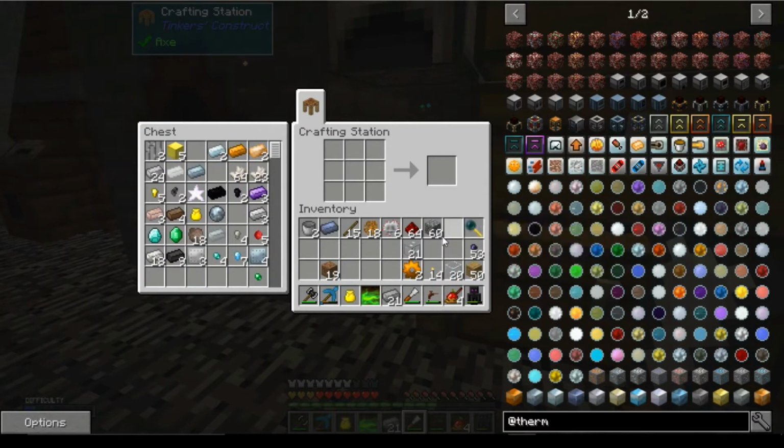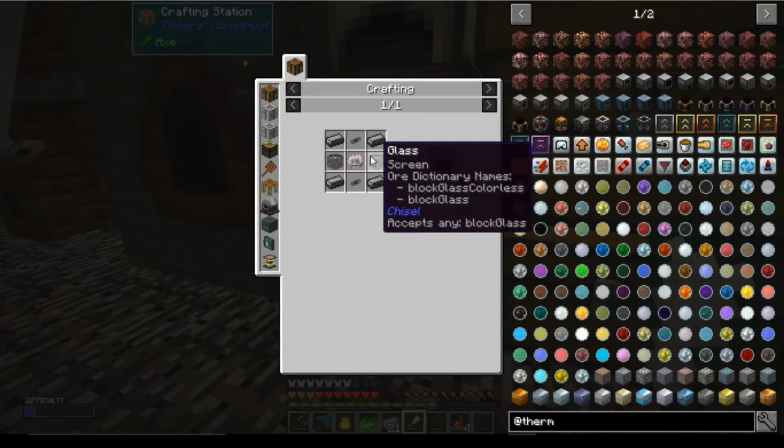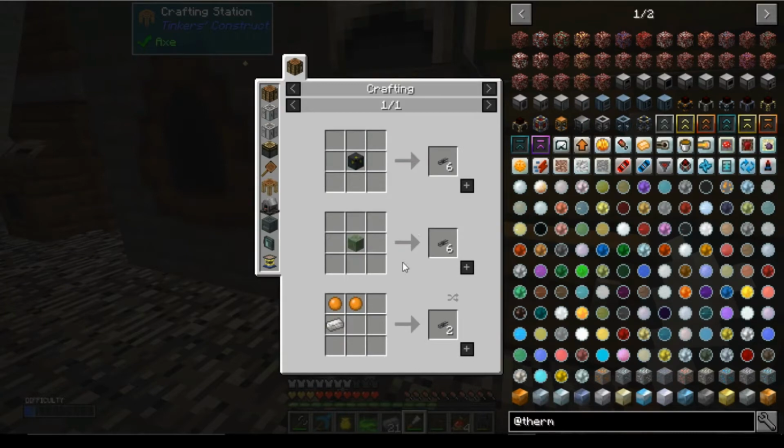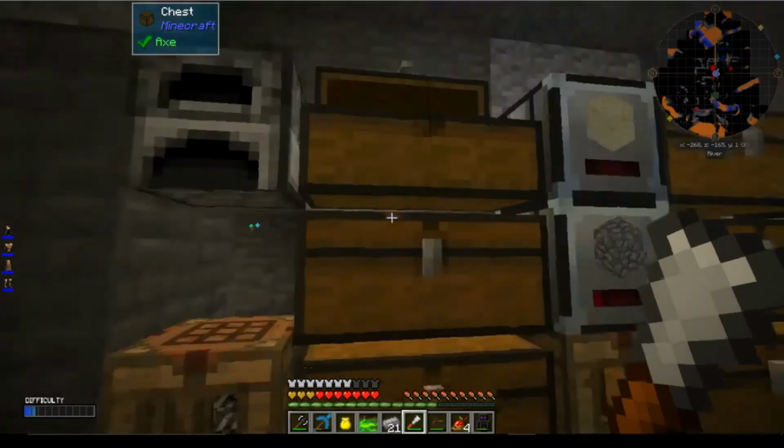Okay, so we've got 2 copper gears. We needed... That's an electrum gear. Over here we needed some steel and some cable. Some cable was refined iron. Ooh, see we're diving into our...